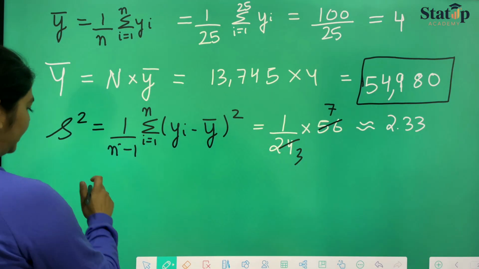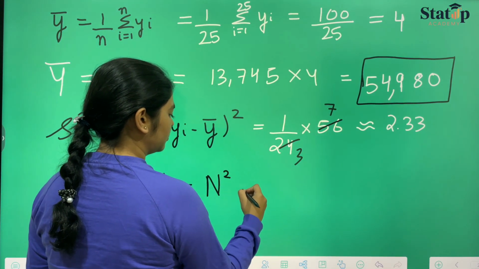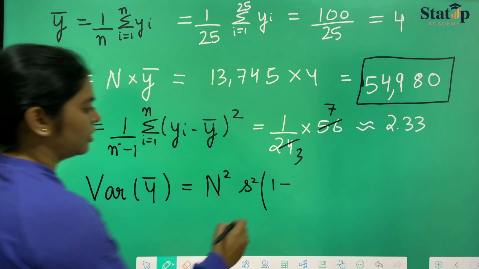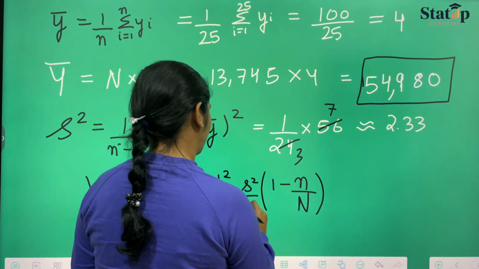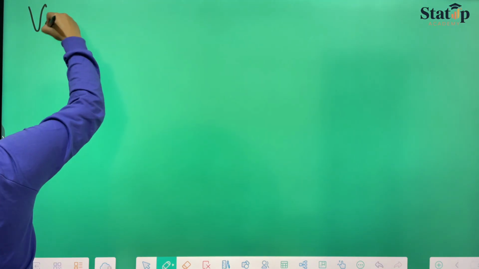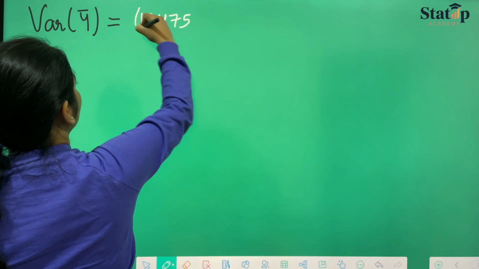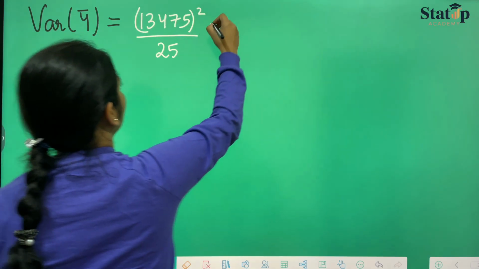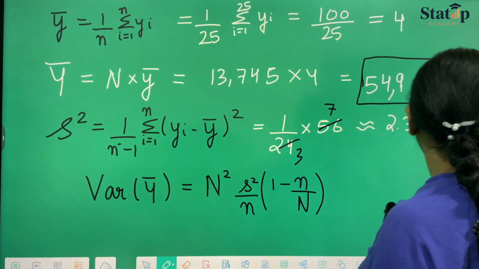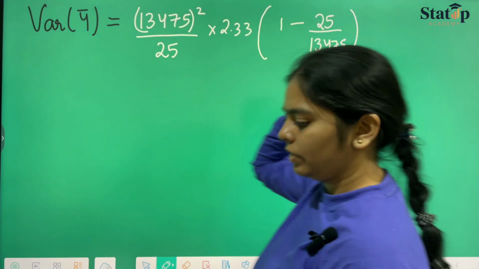Now the variance of capital Y hat can be written as N square into s square upon small n into 1 minus small n upon capital N. So this is the formula for the variance of capital Y hat. Putting the values here, N square is nothing but 13,745 whole square, upon small n, which is 25, into s square, which is 2.33, bracket 1 minus small n upon capital N, 25 upon 13,745. On solving this, we will be getting